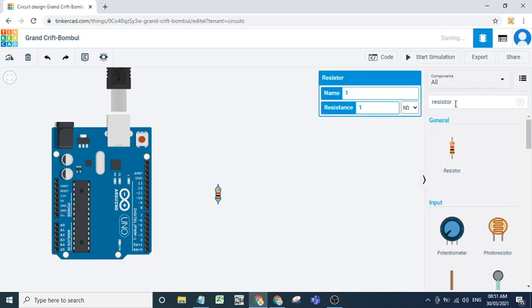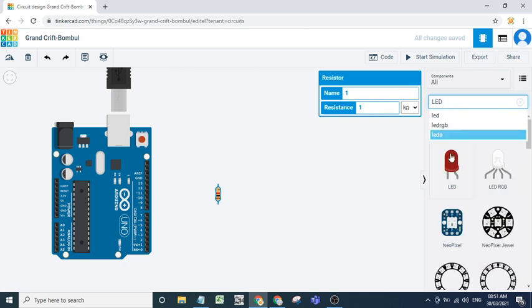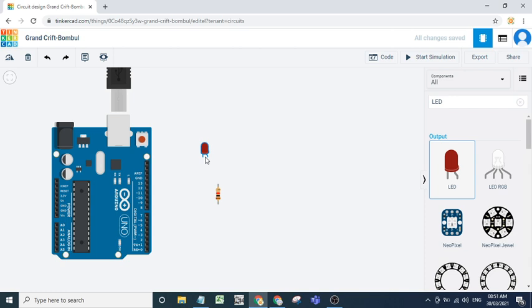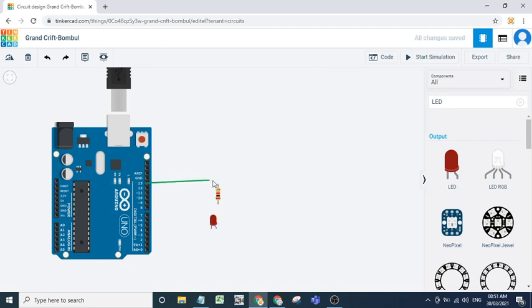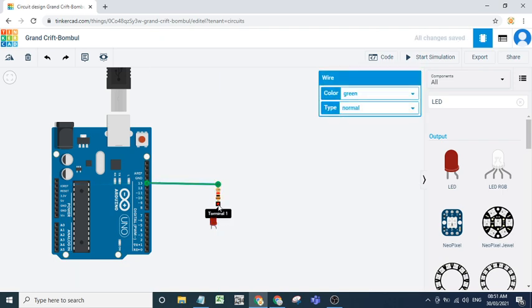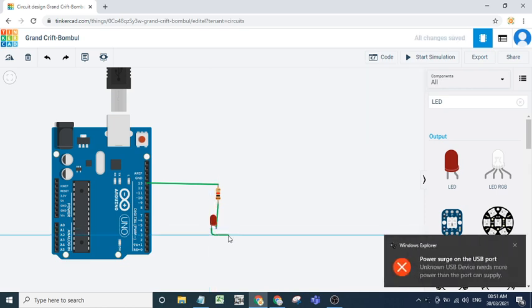Then I want LED. Okay. Now we have to connect pin number 13 to resistor. From 13 we have to connect to anode, and from cathode you have to connect to ground.